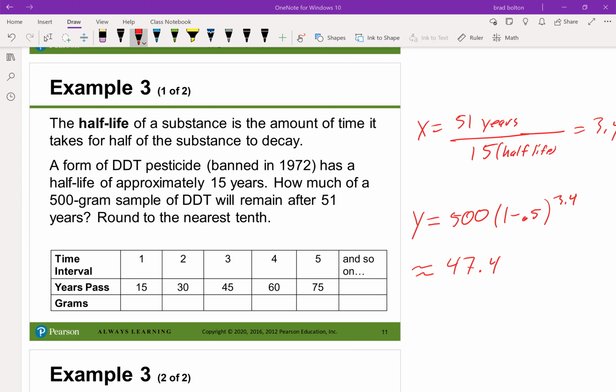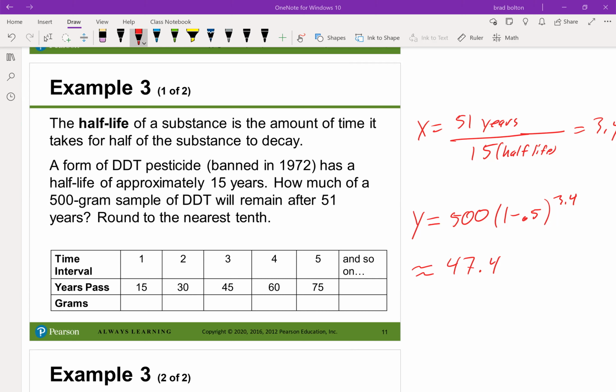But in case we weren't too happy with that, let's put this in our calculator. Y equals 500 parentheses 1 minus 0.5 to the power of, not 3.4, I'm sorry, the power of X, because we're trying to graph it. So now we graph. We once again see it's decaying. Then we go to second function table, and we're looking for